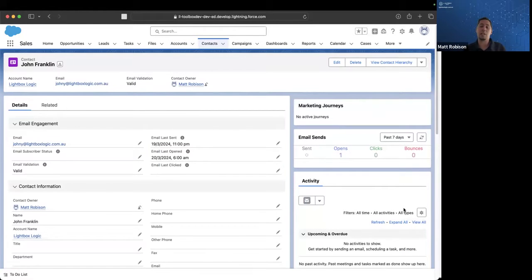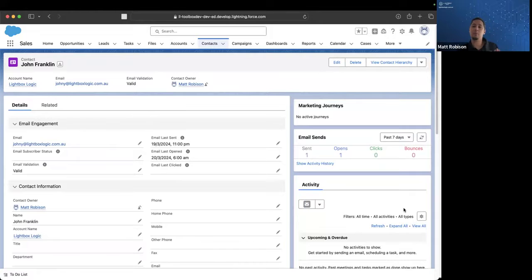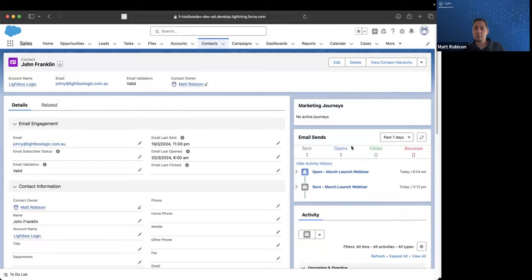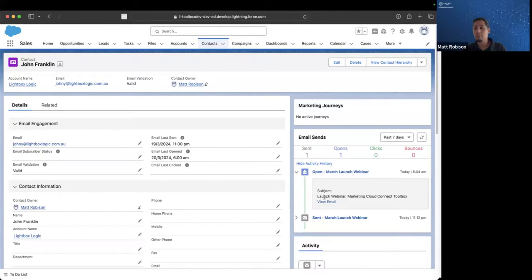I want to go in and have a look at him again. We were at that account, that B2B view of the world. Now, when we're at John, he's not in any journeys, but he's been sent one email and he's opened it. Oh, it's a launch webinar email about Marketing Cloud Connect. Oh, that's interesting. Now, one great thing about this is if we actually have a look at this email again,